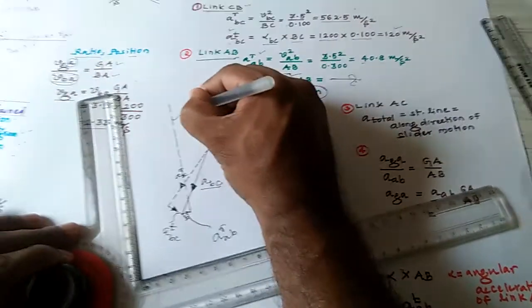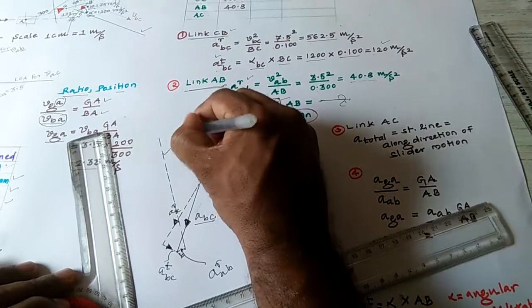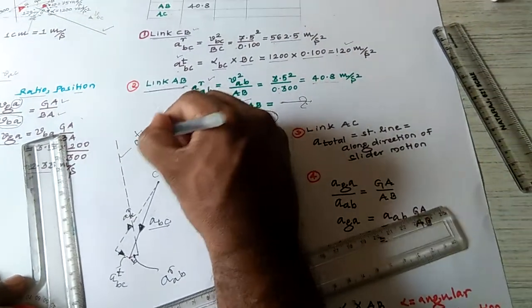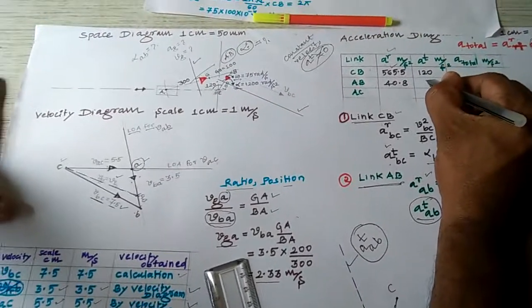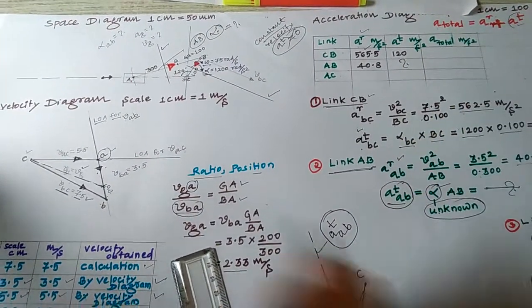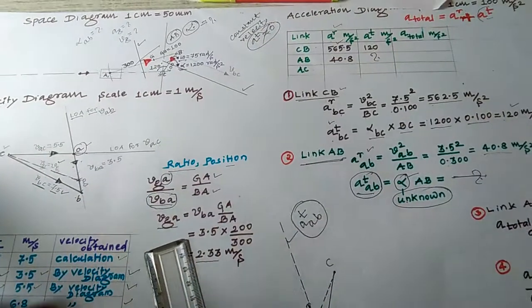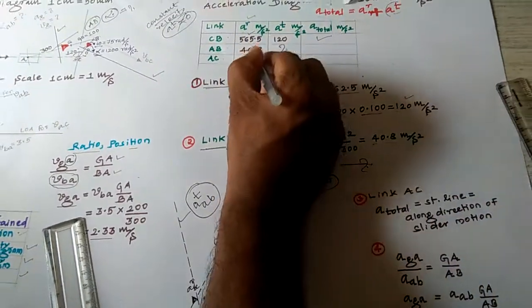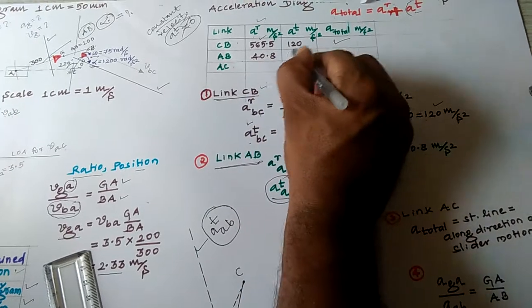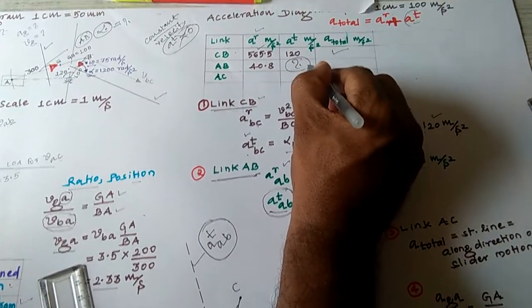Okay, this is the tangential acceleration of AB. You got this one. Then once again you come to the link, you don't know this one. You have to find it afterwards. Here also, this is totally known, you got this one. Then the AB link, you don't know this one. You have to go for the line of action in this case.